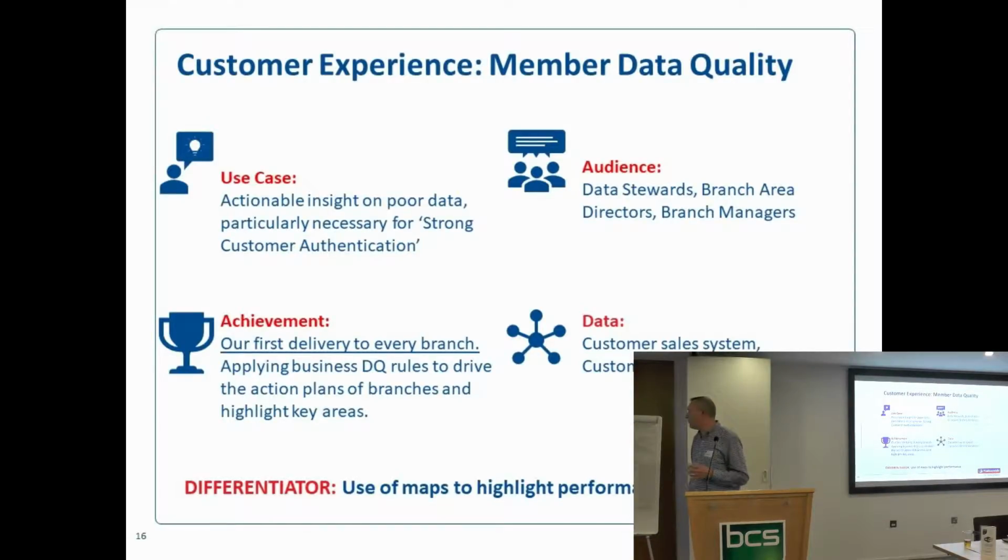And so what we've built is a dashboard that we're going to give to every branch manager, or it goes out in the next week, and give it all to the data stewards, who will see quality per customer, per sale, per branch. So we have something that's really, really actionable by a branch manager, because we'll reload the data every day, test to some fairly basic business rules, that will allow somebody in the branch to see the sale that we made yesterday, we didn't get all of the right data,